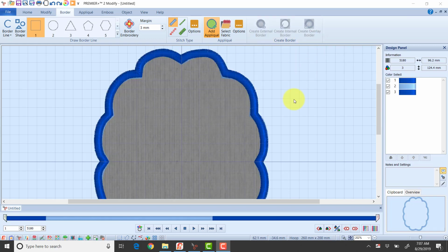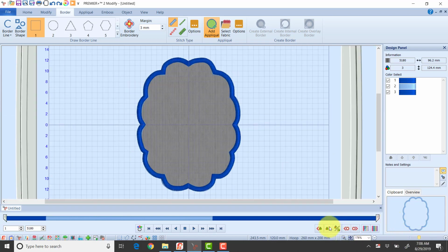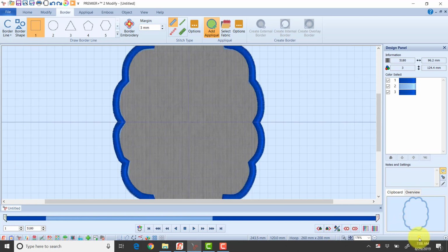So I want to walk through the 3 colors and talk about what we're seeing now. Across the control strip at the bottom, I have a tool here called Draw Next Color Block that will let me walk through my colors one at a time. I'm going to go ahead and click Zoom to Fit so we can see the entire design. Zoom in just a little bit more. Now as I walk through my colors,